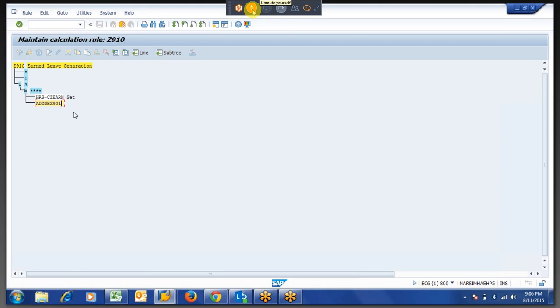I will tell you about the Z whenever the situation arises. Whatever field, there is an empty one over here. Because you people are a bit confused if I tell everything in one go, we will see how it goes. I am giving that whatever the HRS number is there, it should be stored in the day balance table, to the time type called Z901. So here you can see the text: add to day balance.